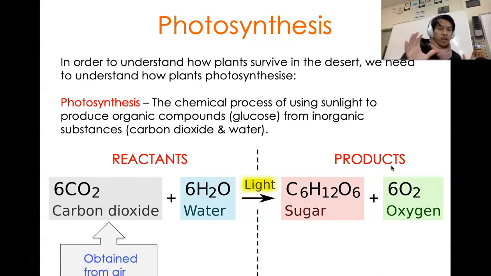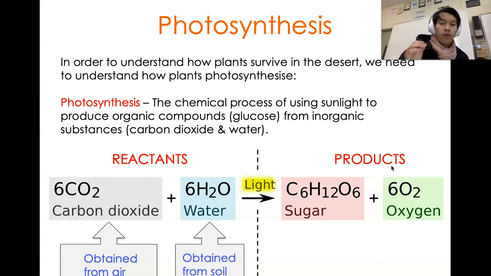Okay. Now, of the different components, carbon dioxide is obtained from the air around the plant, particularly the air around the leaf, because the leaf is the photosynthetic organ in the plant. The water is obtained from the soil, and so the roots of the plant will draw water from the soil and bring it up to the leaf through the stem and the branches, and then it goes into the leaf where it gets used up as part of photosynthesis, with any excess amount being released. Okay, now pay attention to those two parts because they're both, at this stage, the raw ingredients